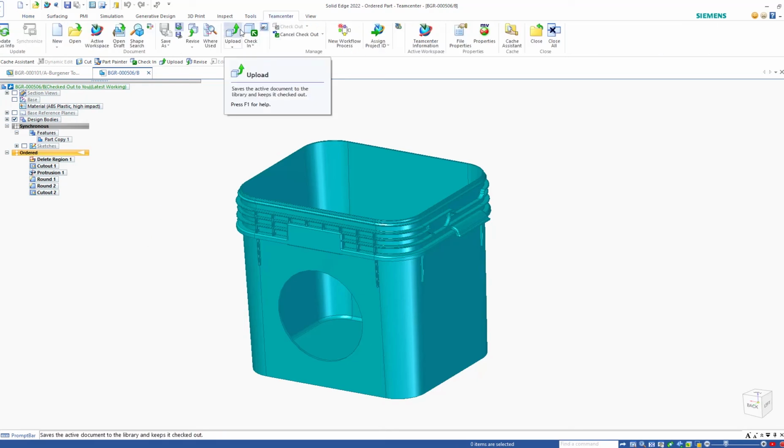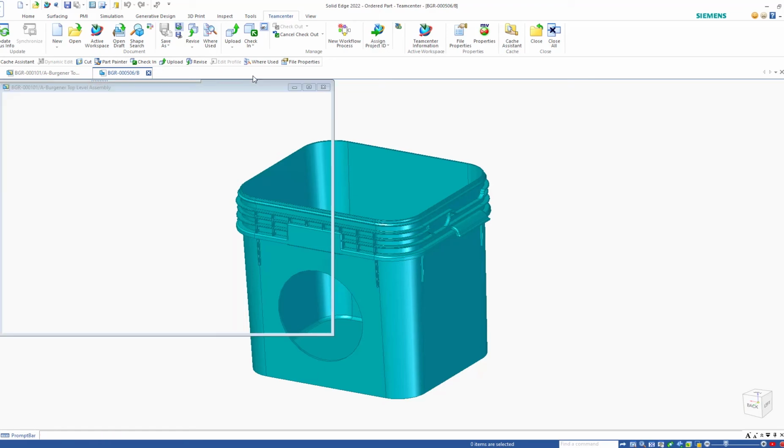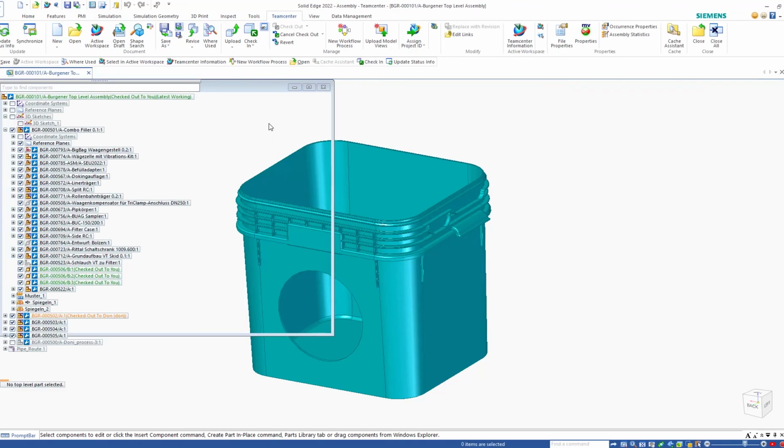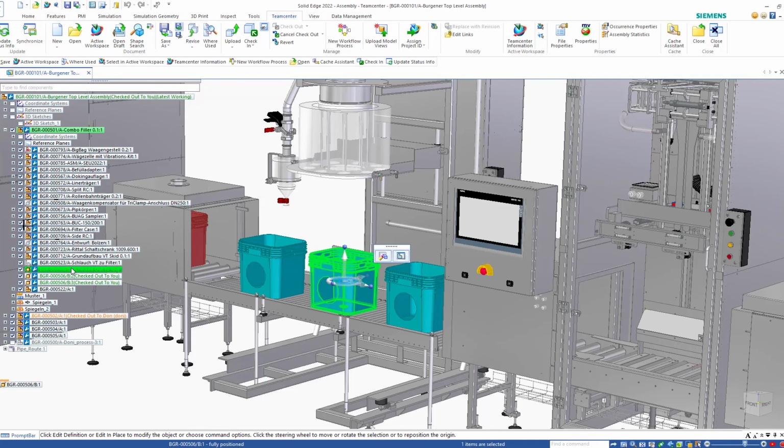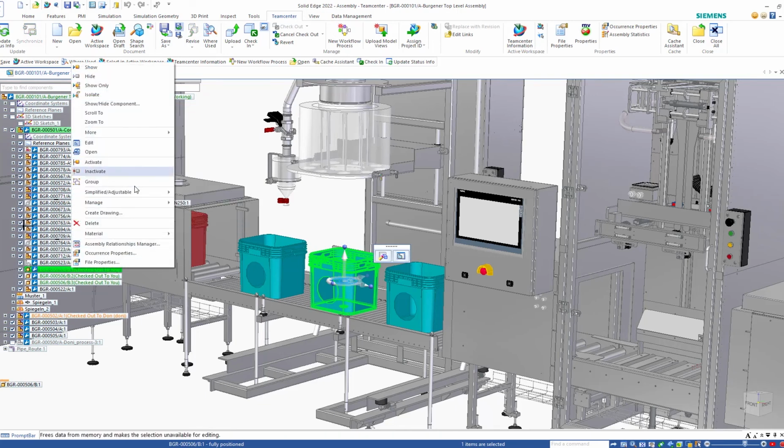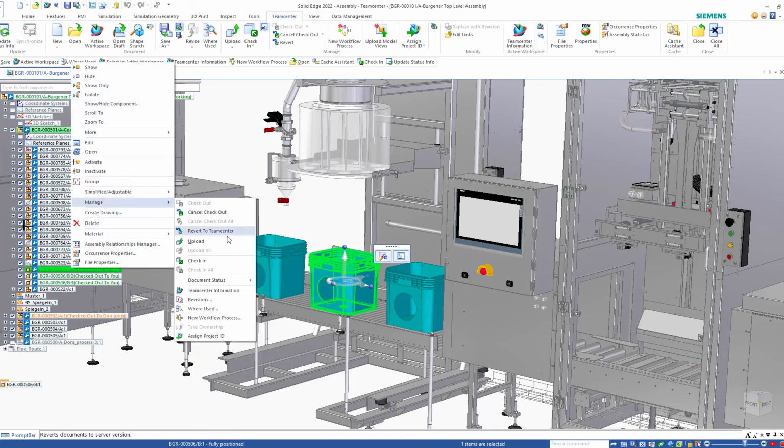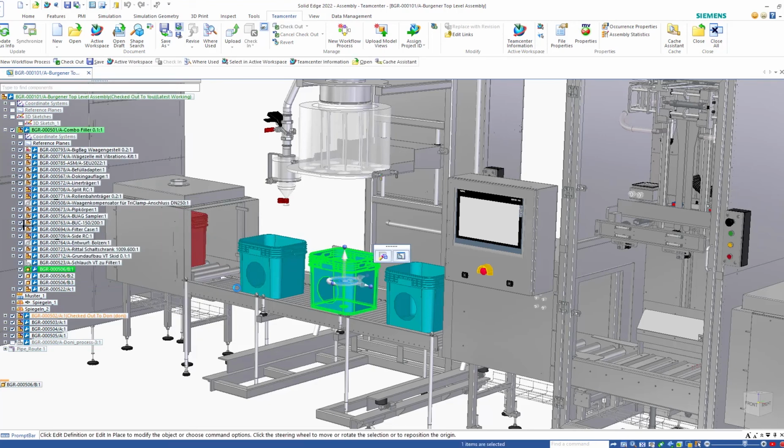Now what we want to do is go ahead and do all that upload and save, because we have this set up to where it does that. Let's go ahead and check this thing back in. From the Pathfinder, I can run some of these commands and say, let's check it in, and it uploads it and puts it into the system. So if I want to say, you know what, I like this design, but maybe we can change it later, maybe we can do some other changes,